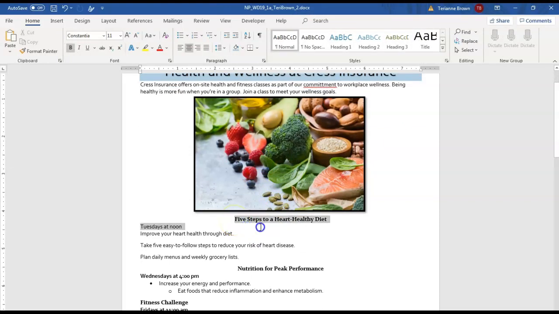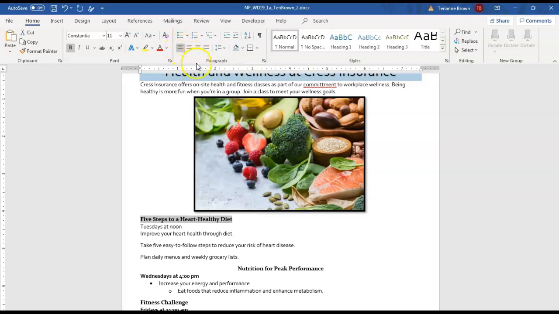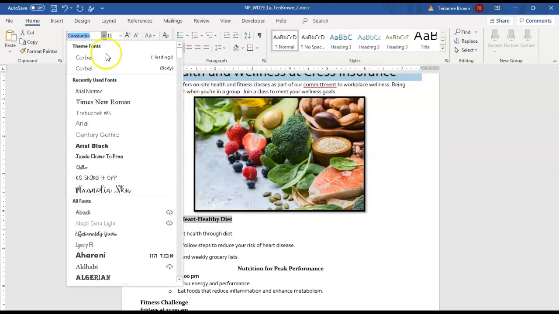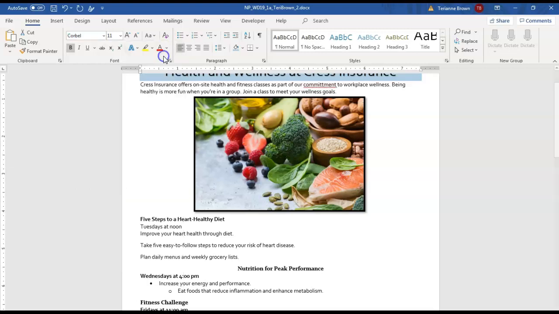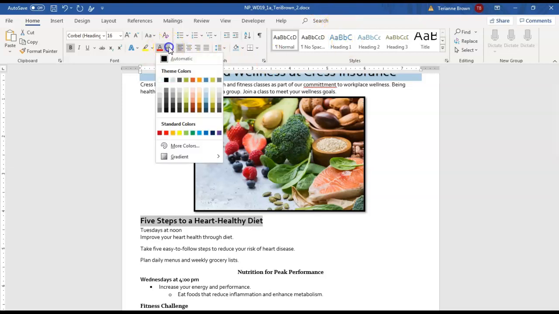Before we format it, make sure you select 5 steps to a heart-healthy diet. You're then going to left align that in your paragraph group. We're changing the font to Corbel. Make sure you select the headings one and not the body. We then need to change the font size to 16, the font color to Aqua Accent 4,